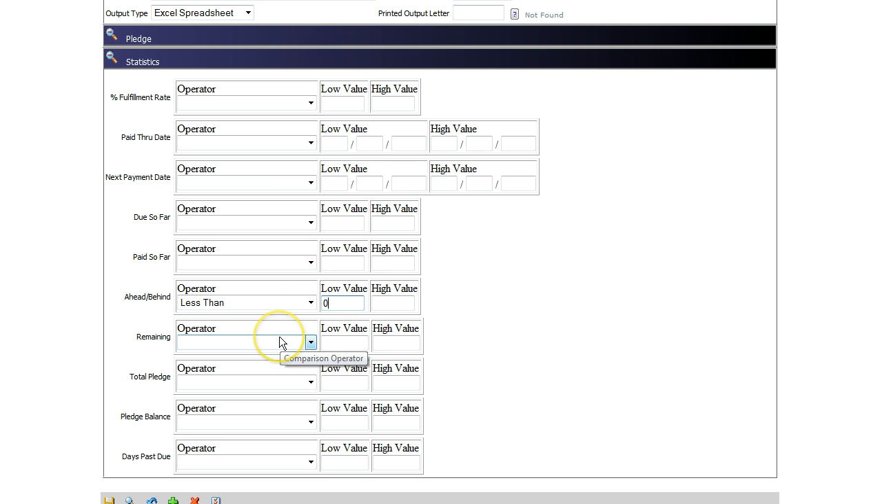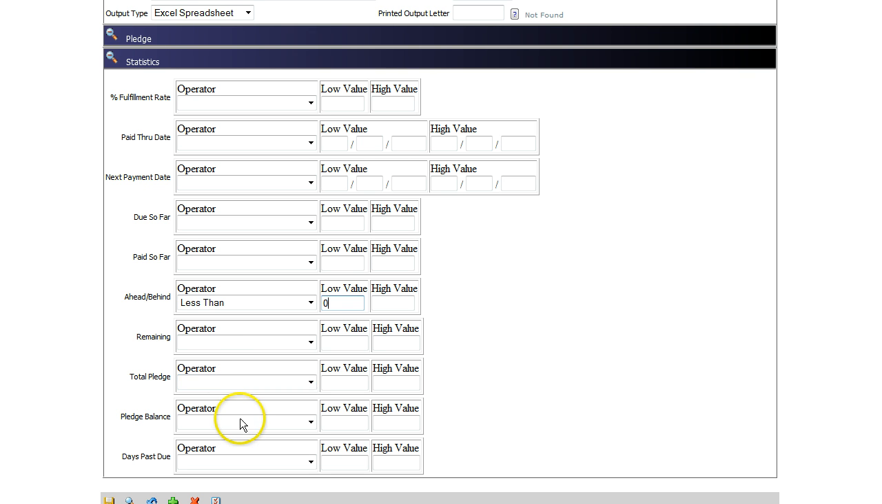Remaining does the same thing. It compares due so far and paid so far, but it expresses the output as a positive number, and sometimes it's helpful to be able to determine that as well. Total pledge again uses the total pledge based on the start and stop date. So just like with fulfillment rate, if you're not using stop dates, then total pledged is somewhat irrelevant or difficult to use. So it's just basically going to add up, and give us anybody whose total pledge is more than 1,000, more than 5,000, less than whatever, however you want to use that. But again, it's based on the